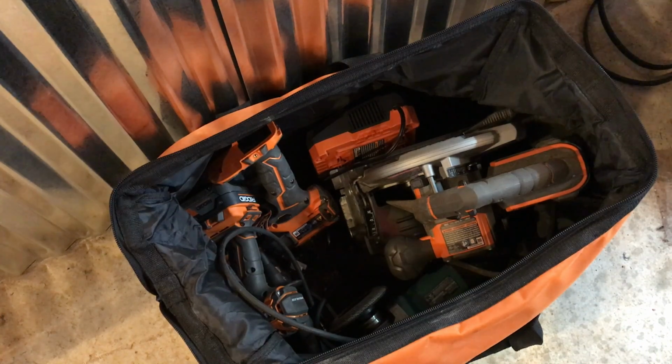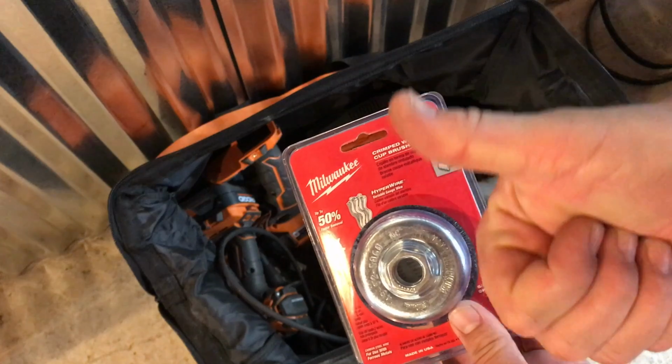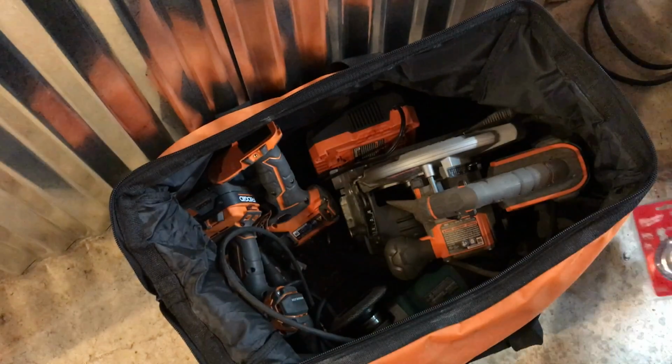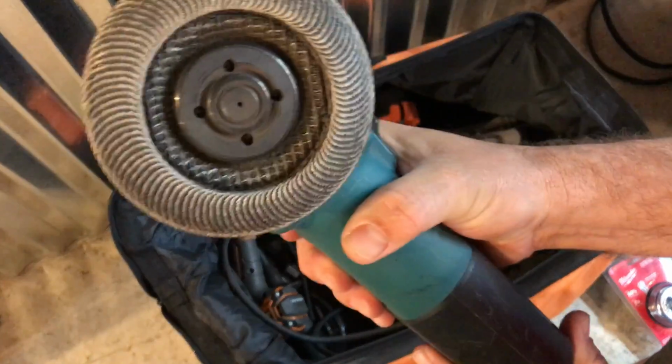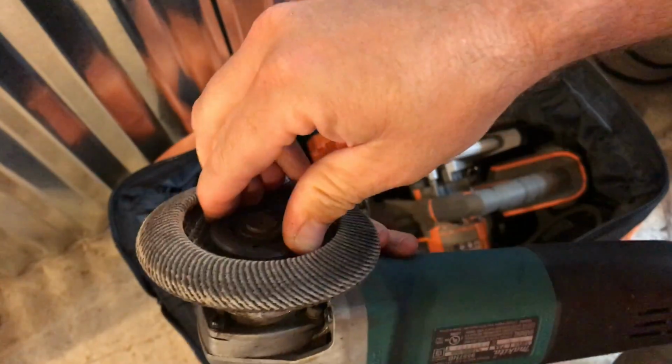The other day I got a new wire cup brush for my grinder and decided that I wanted to change it out from a sanding pad. So I started looking through my tool bag for the grinder, which wasn't a big deal. I quickly found my grinder, but I soon realized that in order to put the wire cup brush on, I